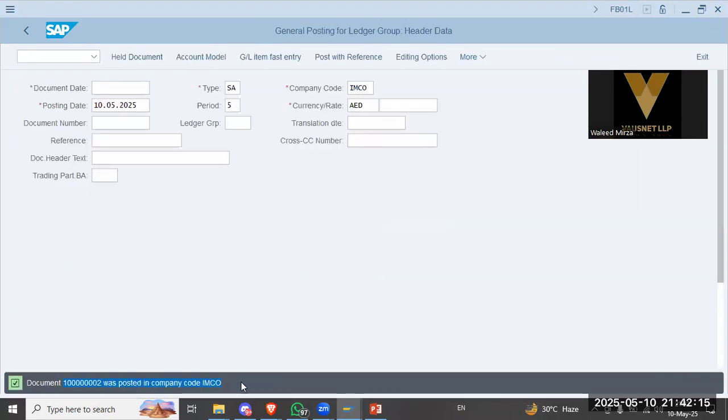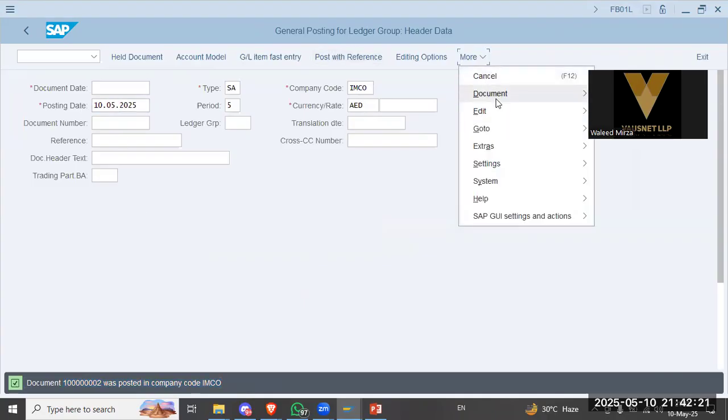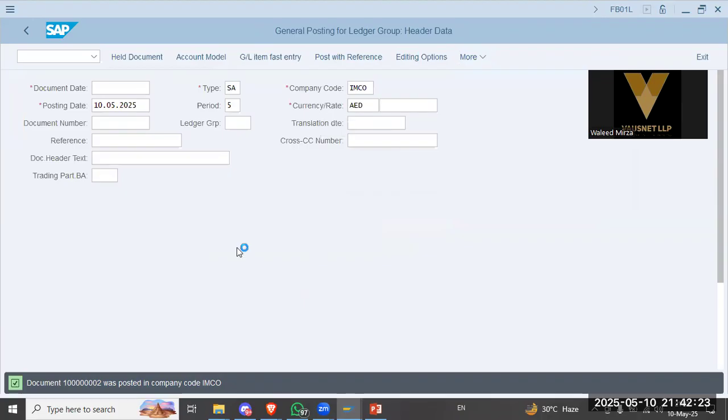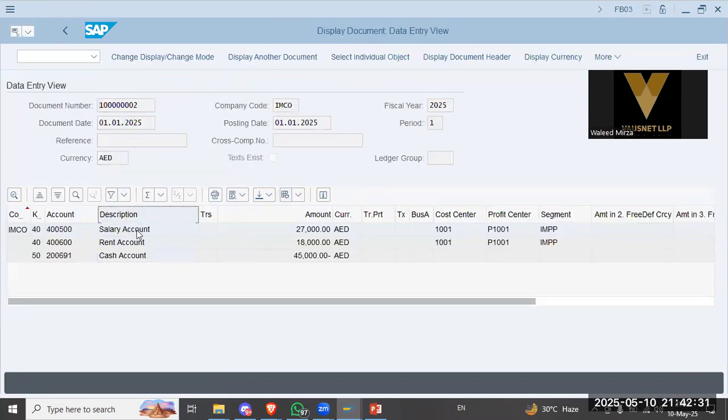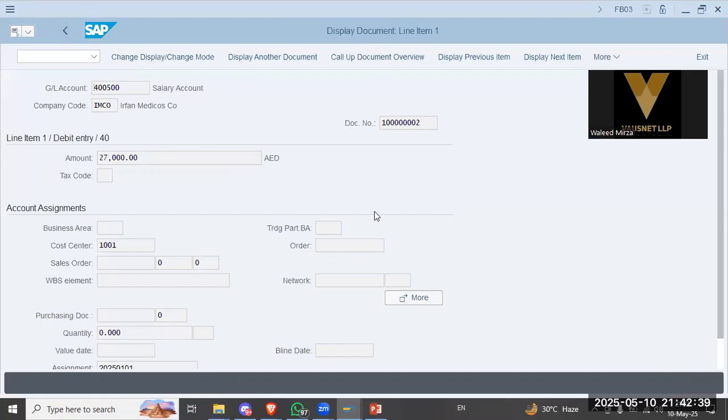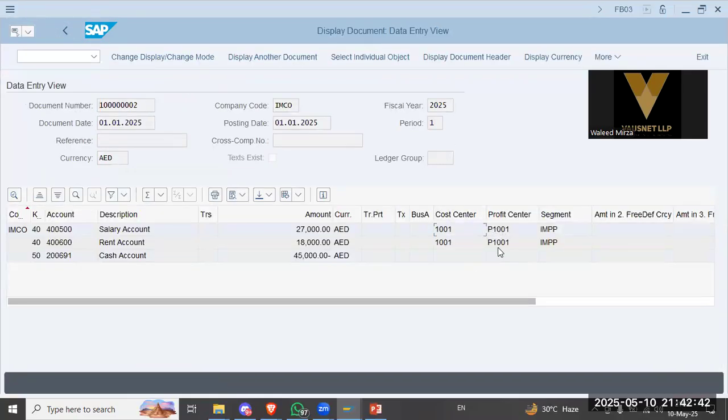Okay, 102 was posted. You want to see the document display? Okay, salary account, rent account, cash account, 27, 18, and 45 is the total. Cost center 101, P01 is profit center, and IM passenger vehicle segment is also hit. Okay, next is